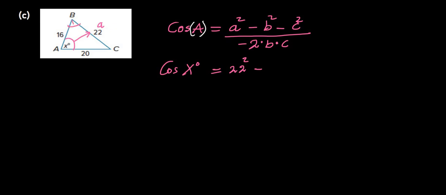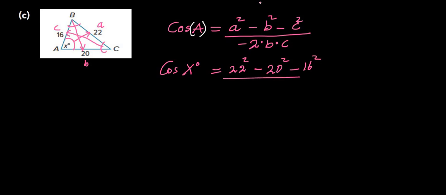The side directly opposite B is the lowercase b, and that is 20, so minus 20 squared, minus c squared. Looking at the side directly opposite the uppercase C, this is the lowercase c, and that is 16